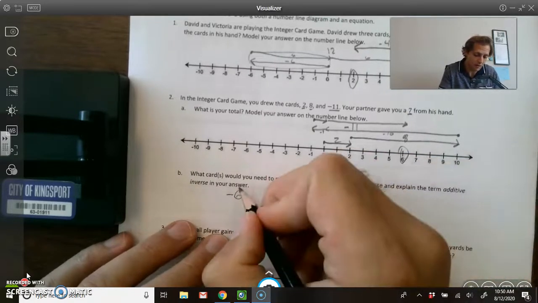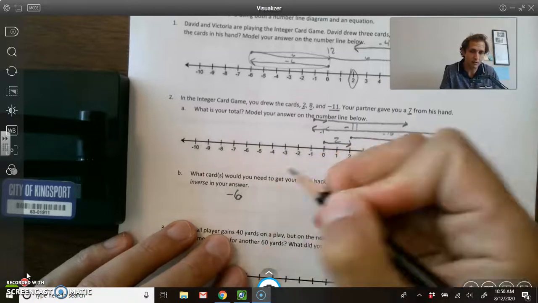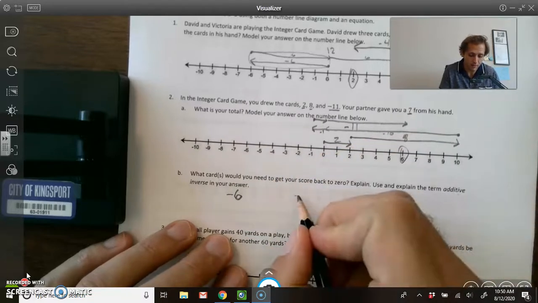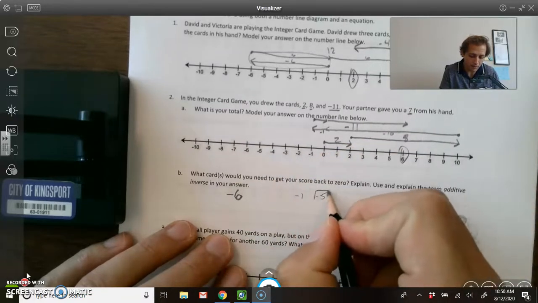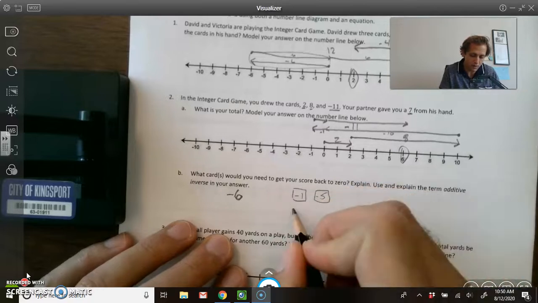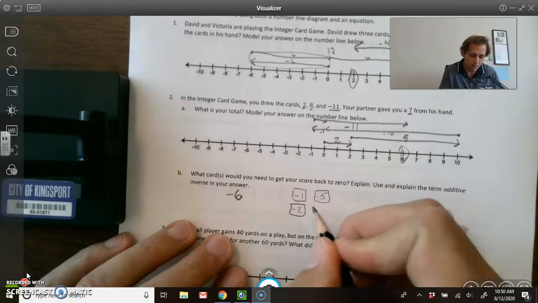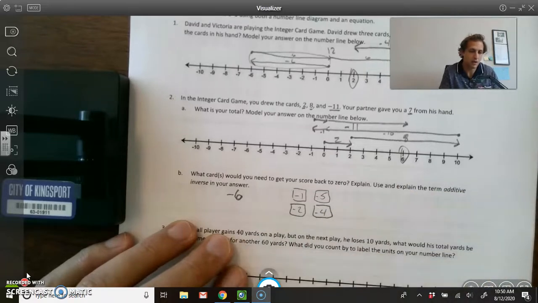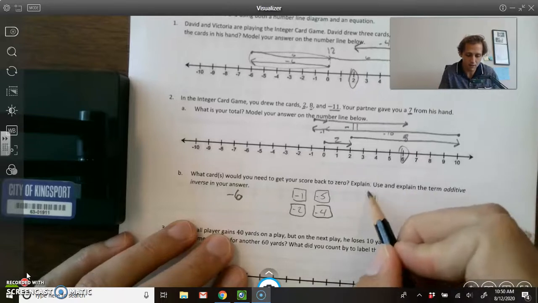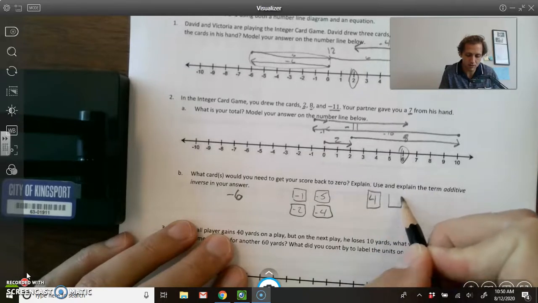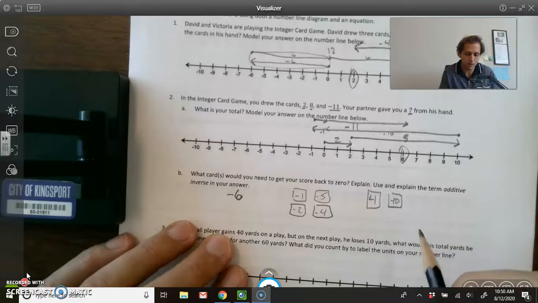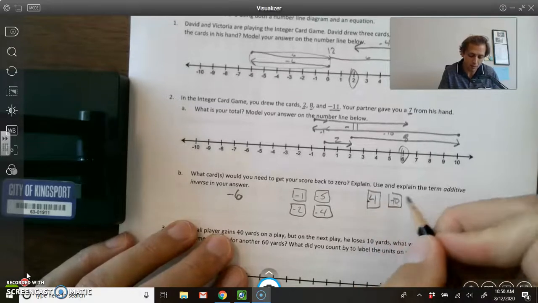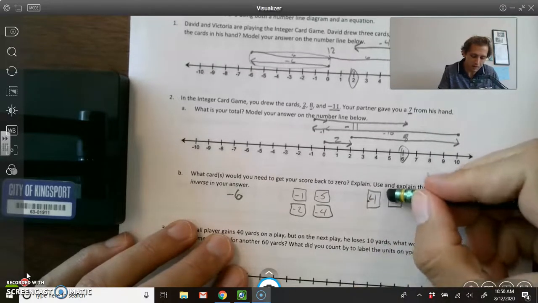So I could have any combination of cards that gave me a sum of -6. -1, -5, -2, -4, -3, -3, -6. I could even have some combination of like 4 and -10. Just any combination of cards that would be -4 and +10. Any combination of cards,